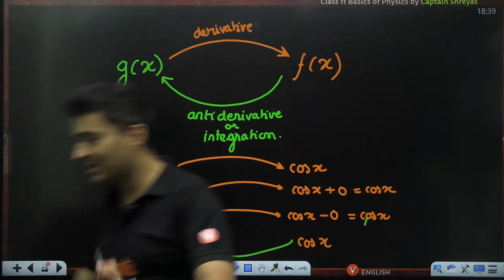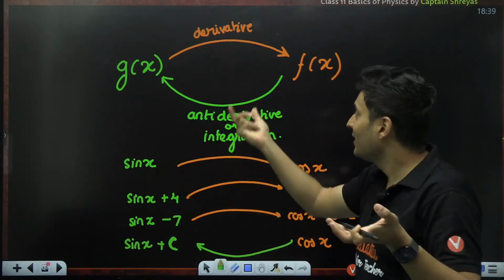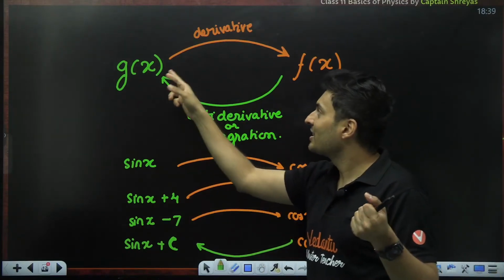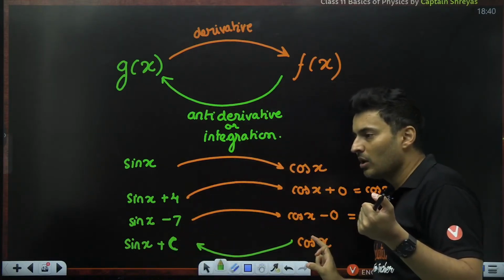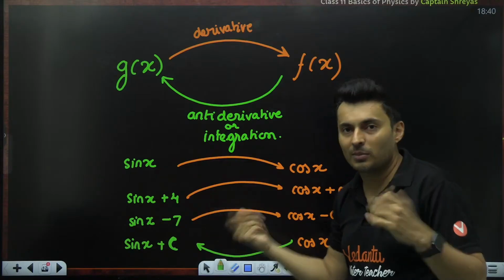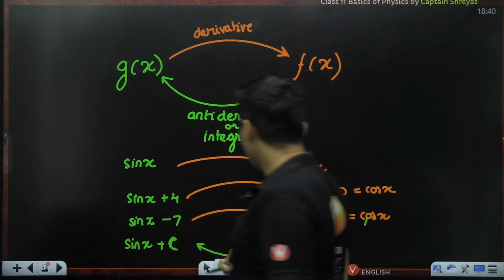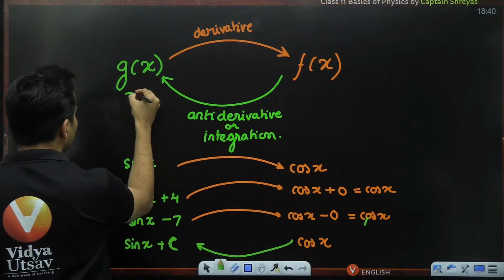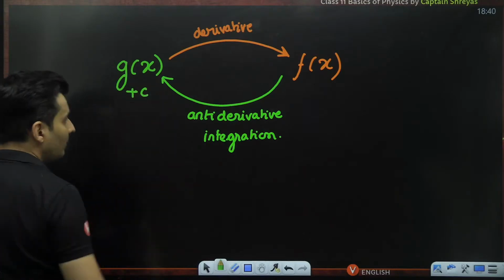But for now, did you understand why, while finding a derivative, we miss information when we go in reverse? Because when you take the derivative, the constant's derivative becomes 0. So when we go reverse, we miss that information, and we need to put in that benefit of the doubt. That's why we usually put g of x plus c.